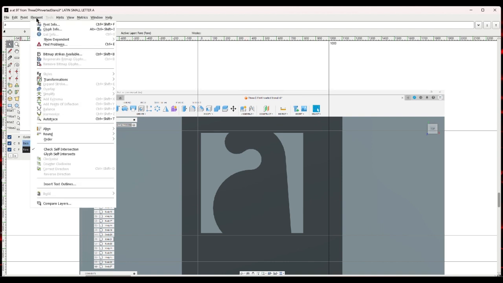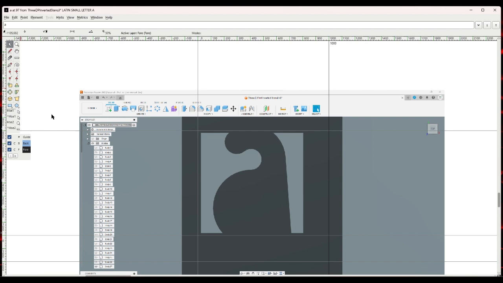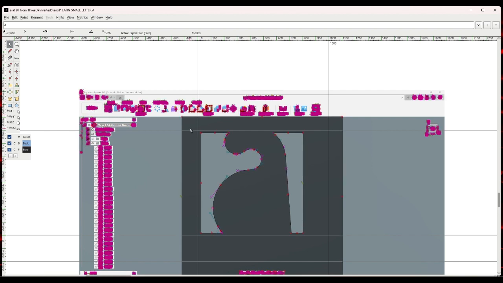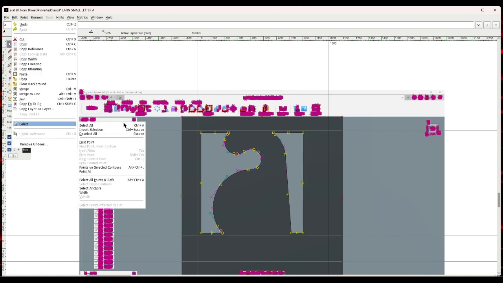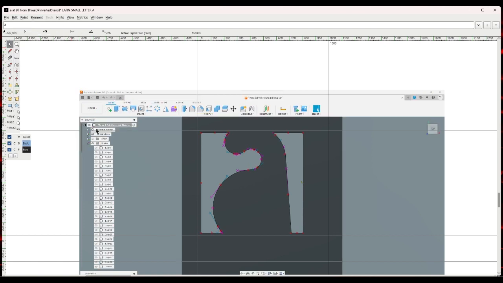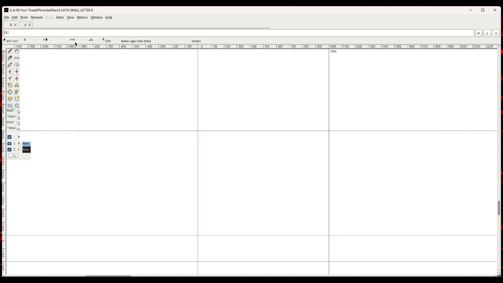For element auto trace. Get A, invert my selection. Delete and snap it down. Next glyph,